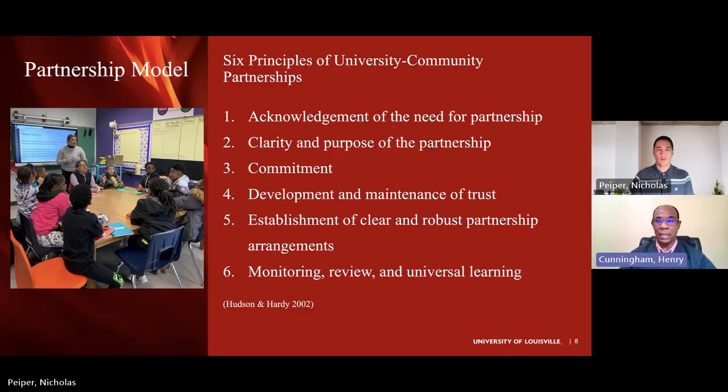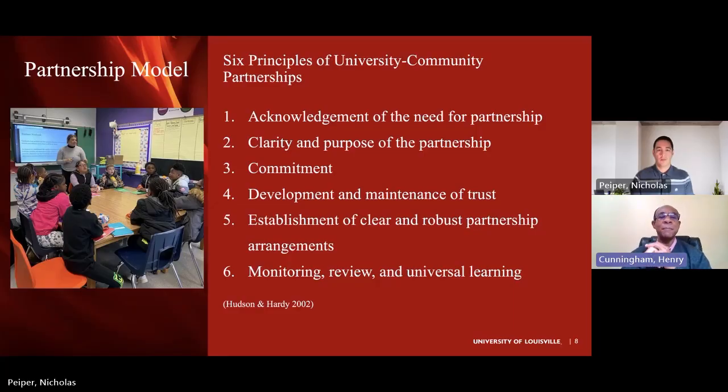Monitoring and reviewing, again, very similar to what I mentioned earlier on from our previous model about commitment to this work and evaluating the successes. You've got to monitor what's happening. You've got to monitor regularly to ensure you are on the right page, doing what we're supposed to be doing, and we review on a regular basis to make sure that there's no need to make changes. And if there's a need to make changes, then we have time to do so before it's too late. So again, 6 principles of partnership development that we can use to define our work.